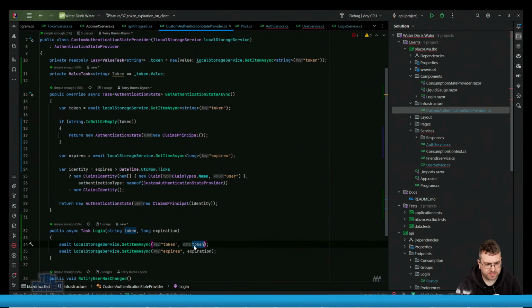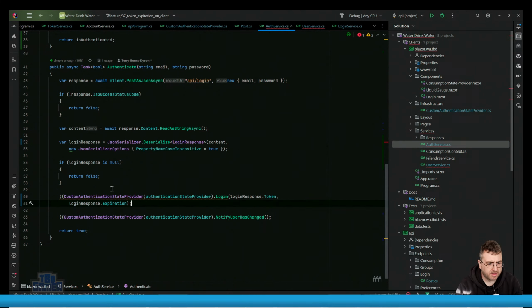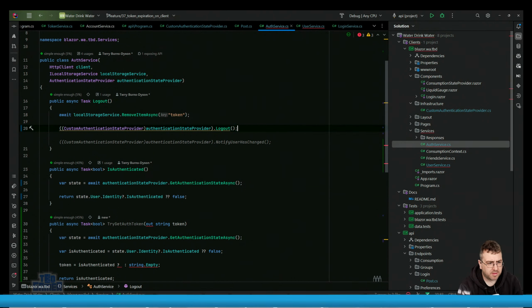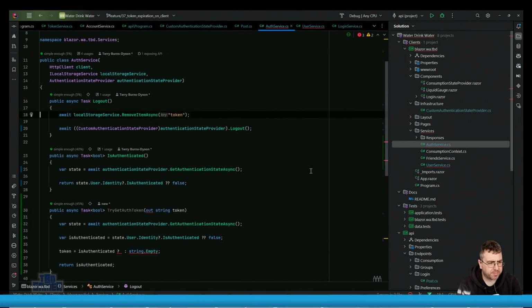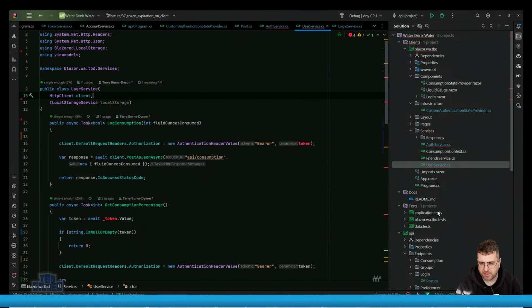Interesting that it wants to flag that as data, but yeah, anyway. Similarly, if we have public async task log out, then again, what I'm trying to do here is avoid having any local storage concerns in this service. Then I can inject the auth service and I can do everything I need in the auth service, and then